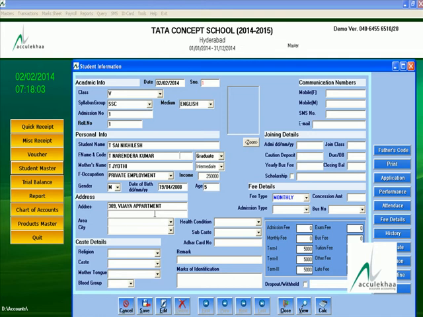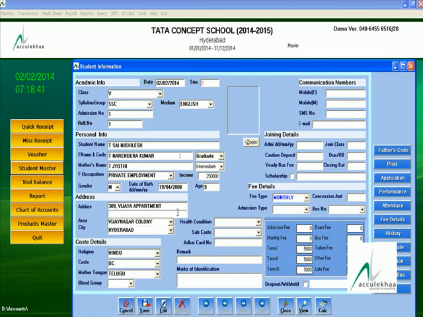Vijay colony, then city Hyderabad, religion Hindu. You can type the first letter and use the down arrow key, then it will automatically appear. Telugu, and blood group.